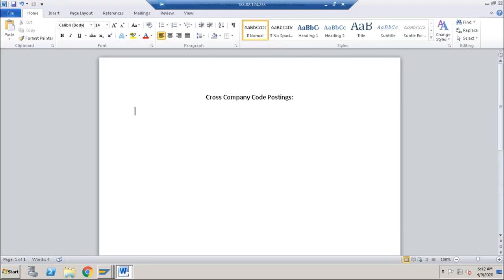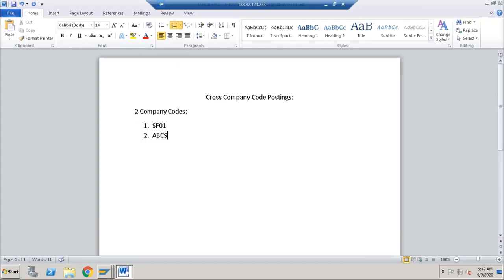So let's assume there is a corporate group. In SAP, you created a setup for the corporate group where there are two different company codes. In our example, I'll take company code SF01 and company code ABCS.